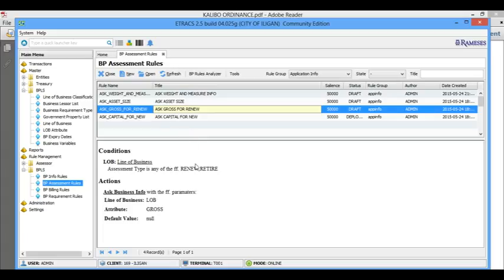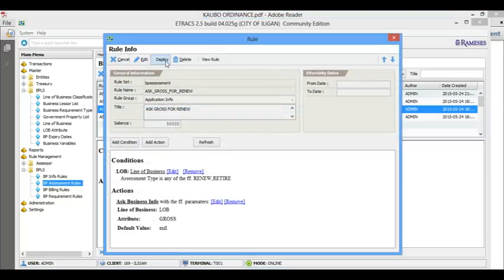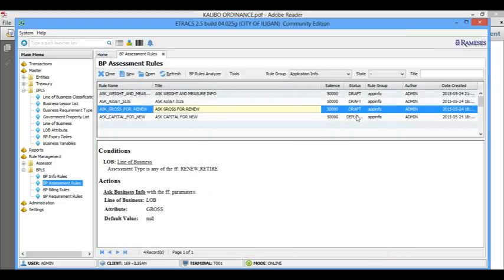So renew or retire, since if you retire a business they'll also be assessed, we need to ask for gross also. This will be applicable to renew and retire. So let's open and then deploy. These are the conditions that you need to follow, so just follow this video. Okay, so we deploy, so at least you have the deployed parts here.